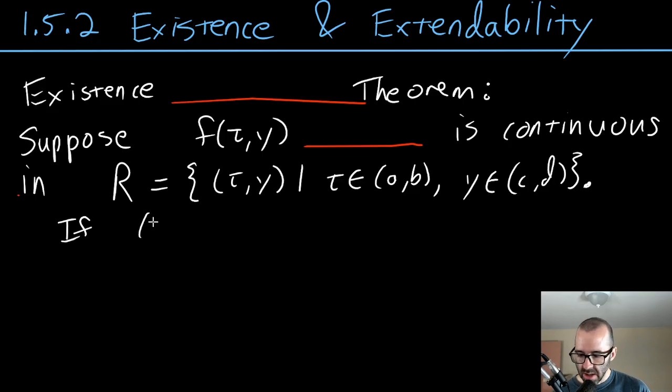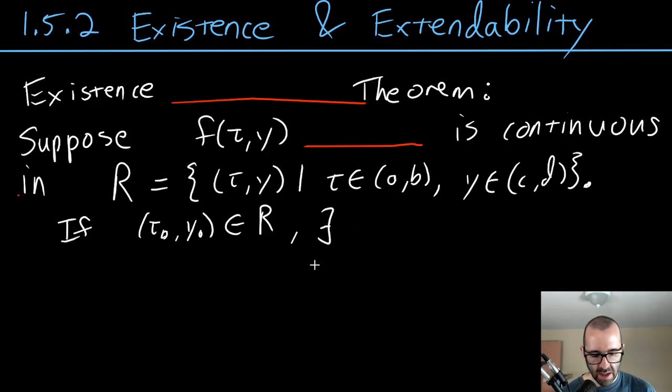Now we say, if (t naught, y naught) is in the rectangle, then there exists, and again, this is shorthand, you may or may not have seen it, for there exists an epsilon. Oh my gosh, there's actually a lot of curves here. This is the Greek letter epsilon. I know they look similar. They are not the same. There exists an epsilon that's positive,